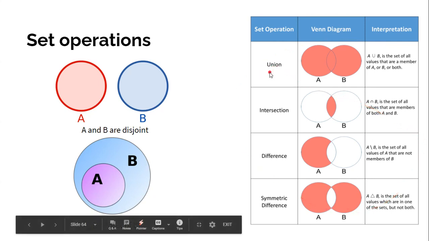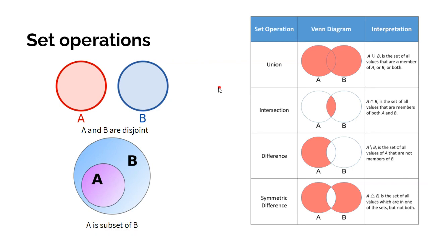Okay. Next, these are set operations. So the first set operation is union. I think all of you have already read this set operation in class 9th or 10th. So first is union. So what does union do? It takes every item present in set A and set B. If you perform union, it will return every element present in set A and set B. Intersection, if you perform intersection, then what will it give you? The items that are common to A and B only. Difference, if you write A difference with B, it will give you only the items that are present in A, not in B.